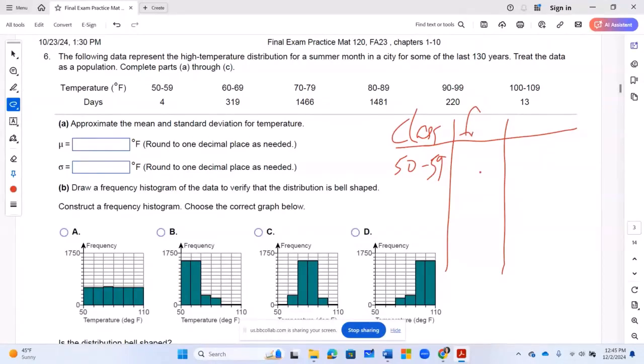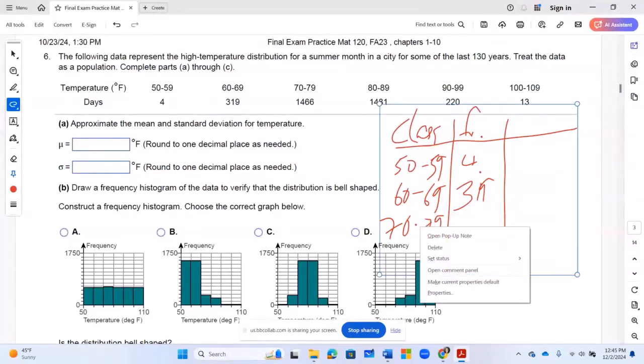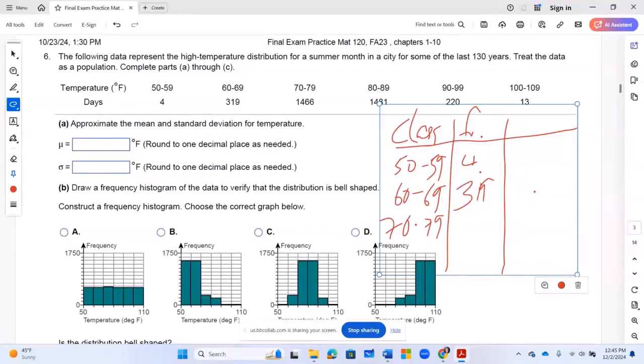Frequency is 4 for the first class. The second class is 60 to 69, even though this is unit 1, but because it's unit 1, people forget about it a lot. So this is 319. The third one is 70 to 79, and the frequency in that one is